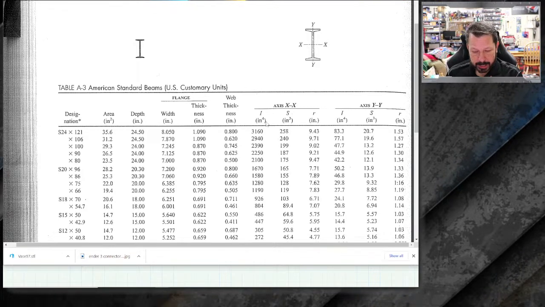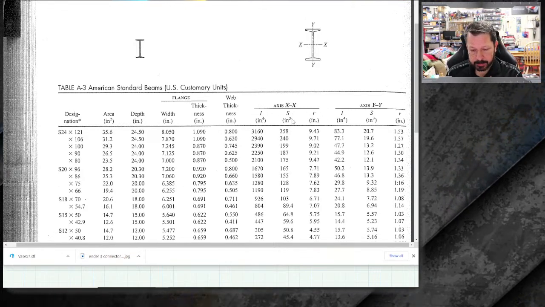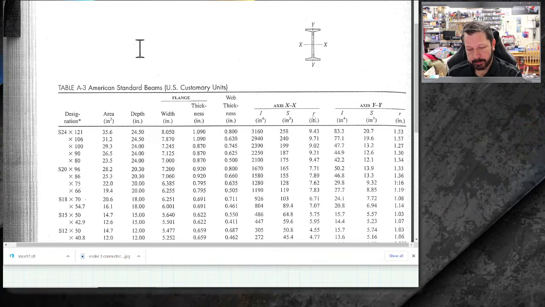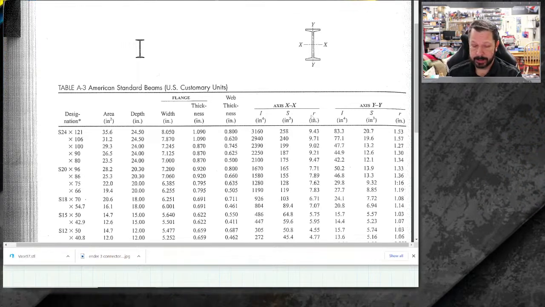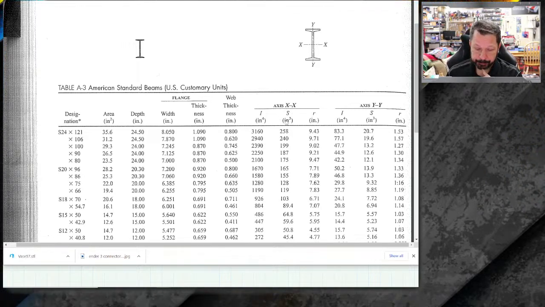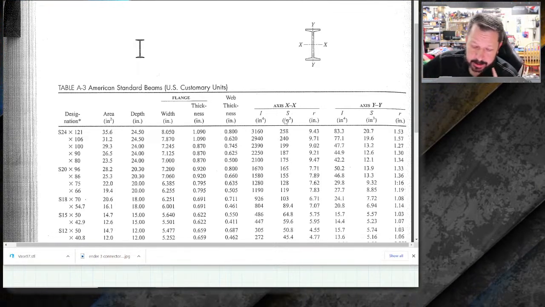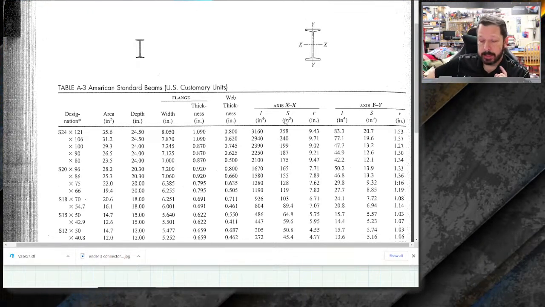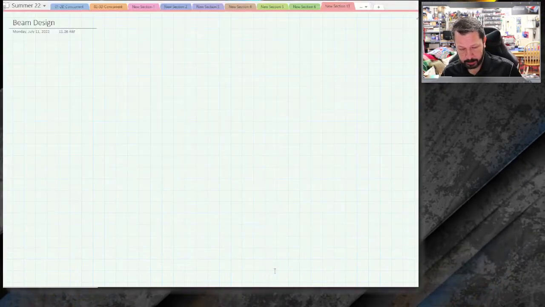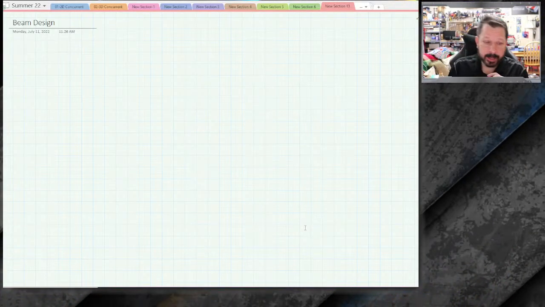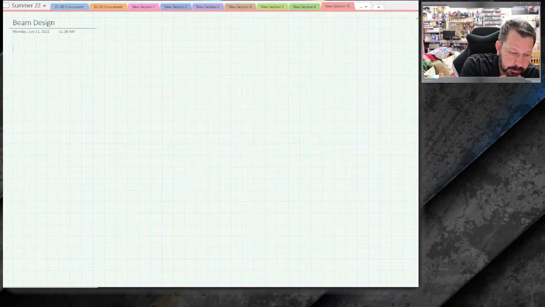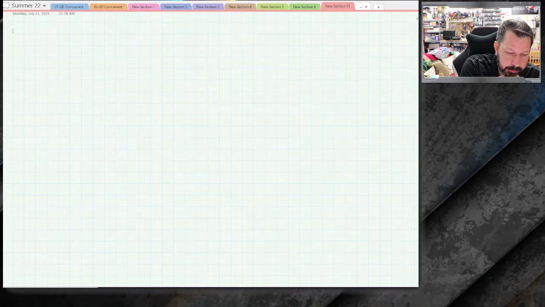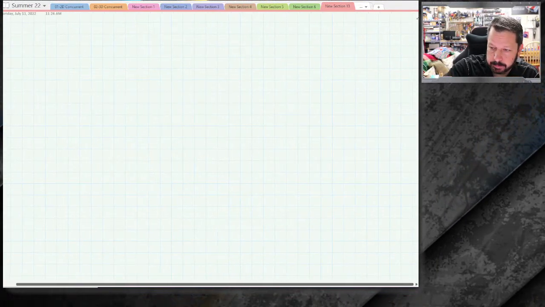And we looked under there and we had I, but we had these other things. We have R, we don't really need that one for anything we're going to do today, but we have this S. So S is called the section modulus. So if we go back over here, we had an equation for calculating